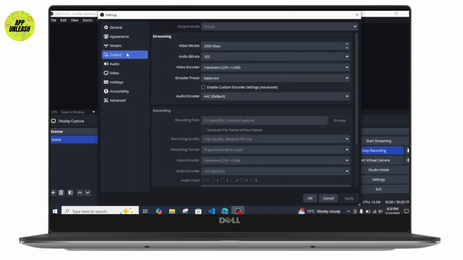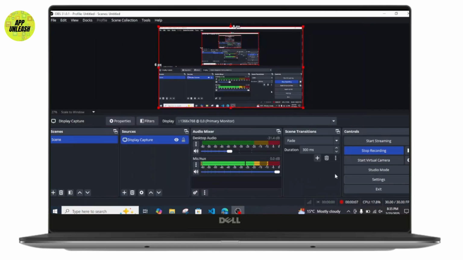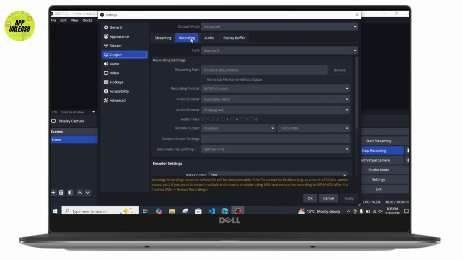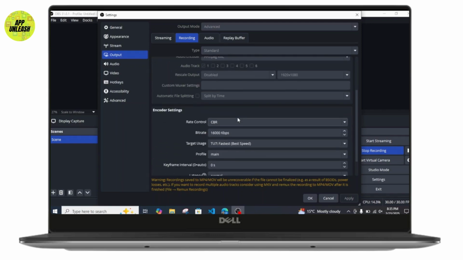Once you do that, just head over to output, and from over here what I want you to do is make sure you have selected advanced. I have selected simple, so let me just show you. As I was saying, if your output setting is enabled on advanced, just like this, head over to your recording and make sure your recording format is selected as MPEG-4. Once you select this, just make sure you have set your bitrate to 16000 or 12000